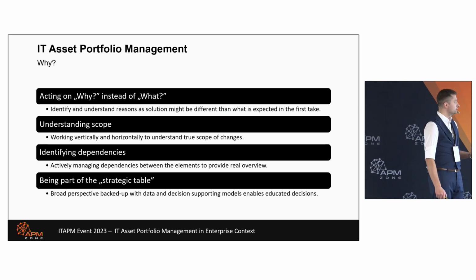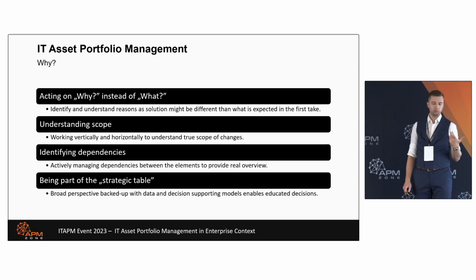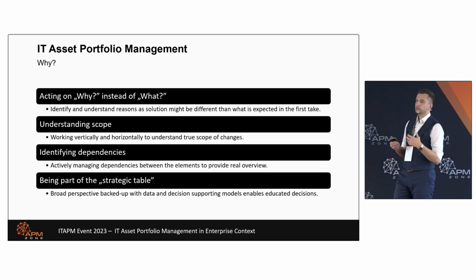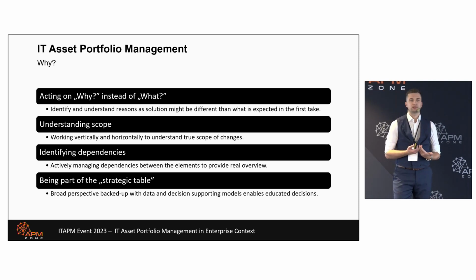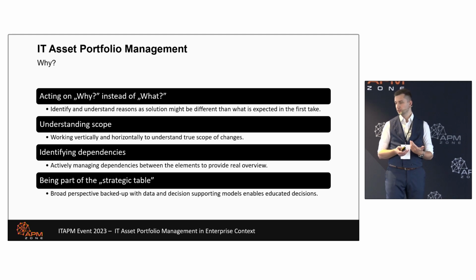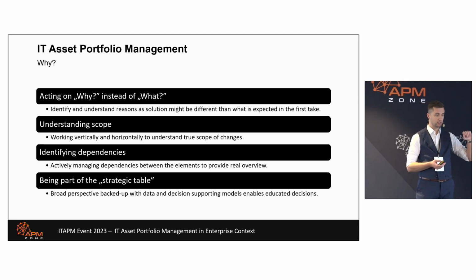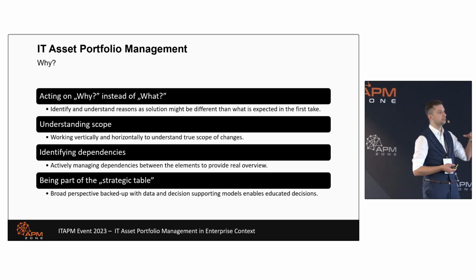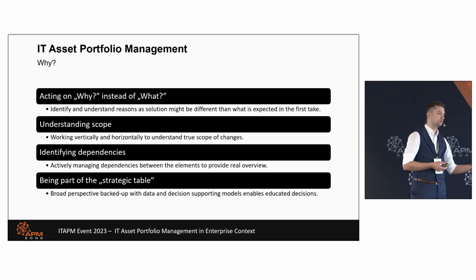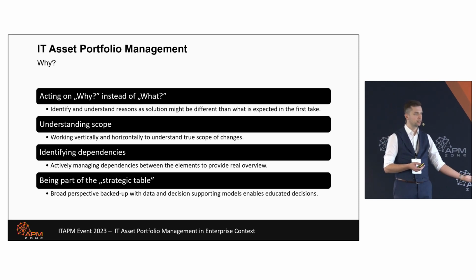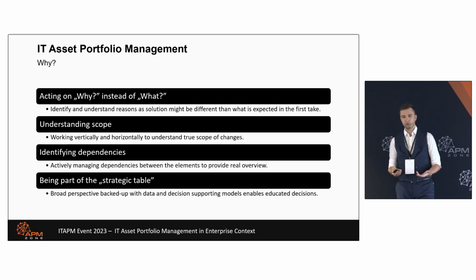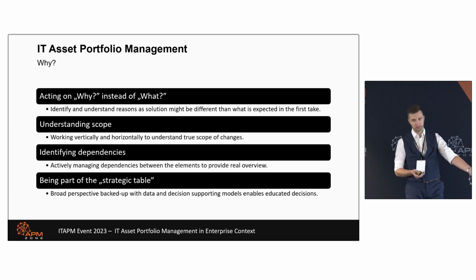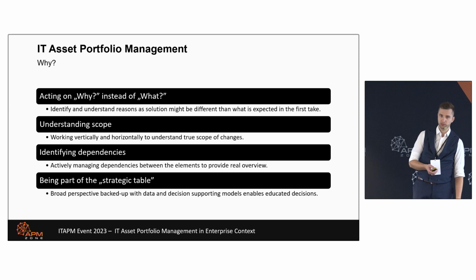So why actually doing that? I only briefly touched upon it, the first point especially. So first working with why instead of what. And this is extremely important in terms of, for example, mentioning the business capabilities. Earlier, you will also see it later how it's being used. Because first we start what, or exactly why do you need it? What you want to solve first and foremost. Instead of just coming in and saying, what do you want to buy? Because how on earth the guys could know what they want to buy? They just say, I need XYZ. You are the specialist out there, probably, right?